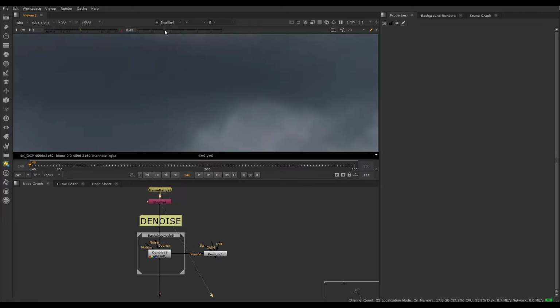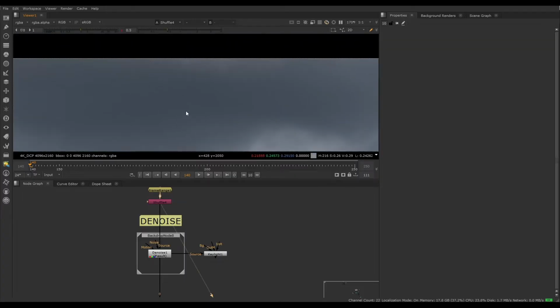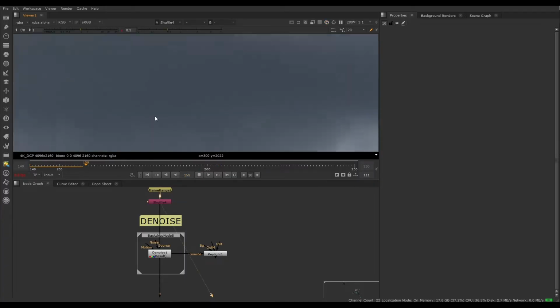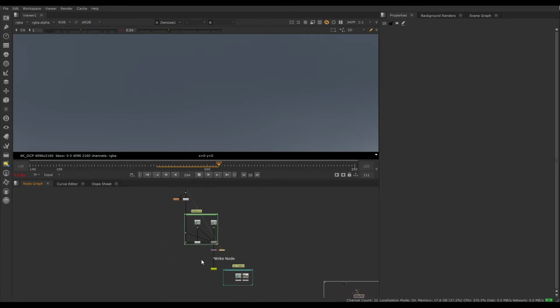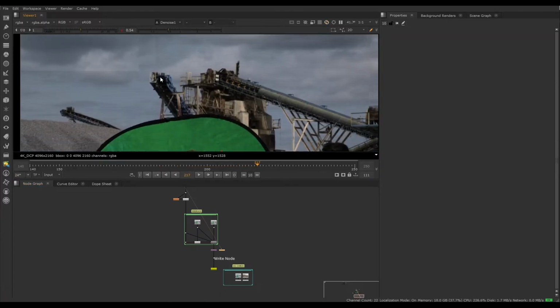And you can see here, if I come down in the viewer slide, press play and zoom in, this is what the grain looks like. Whenever you film or shoot a movie, there will always be grain, and most of the time when working in a studio, we'll remove the noise, then make all the modifications we need to do in our comp, and then restore the original noise from the plate at the end. Although you don't always need to remove the grain depending on the type of comp you're doing.